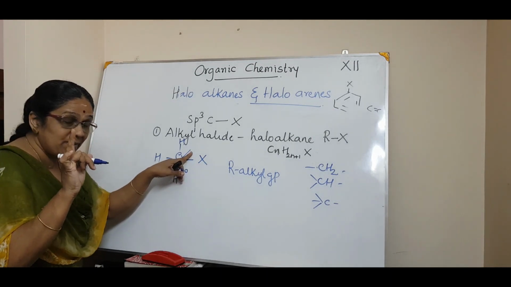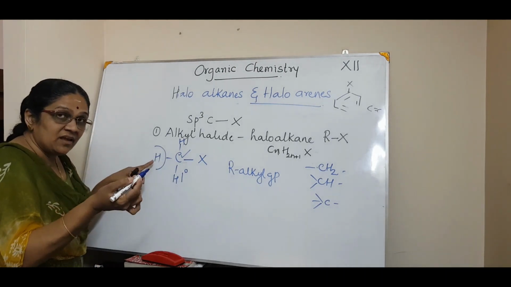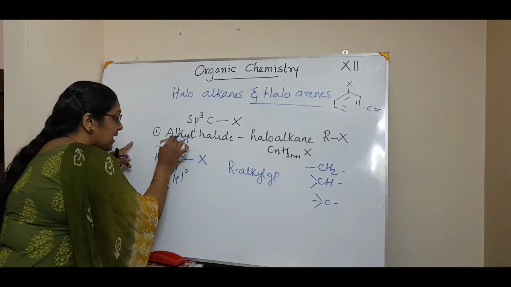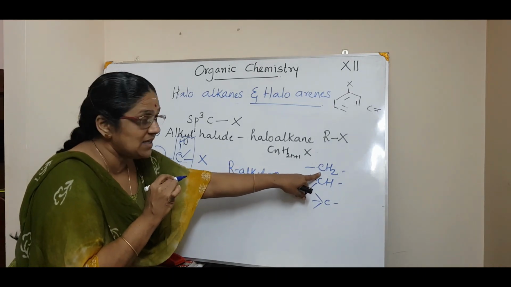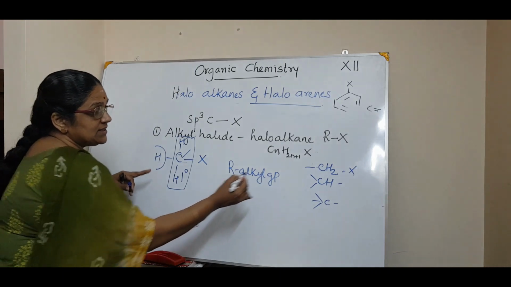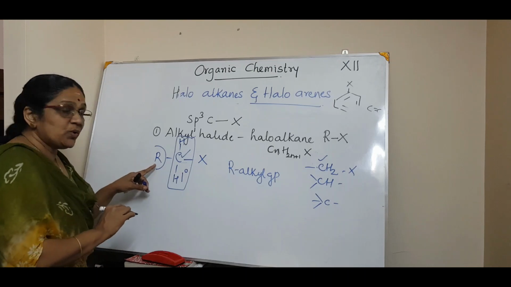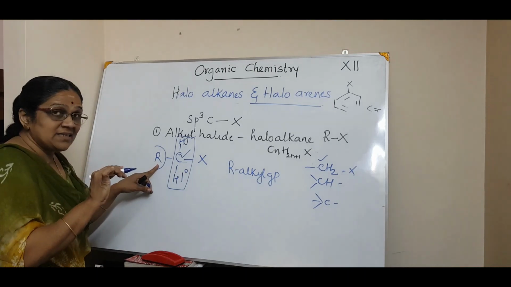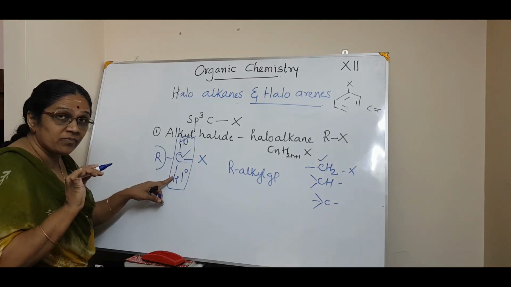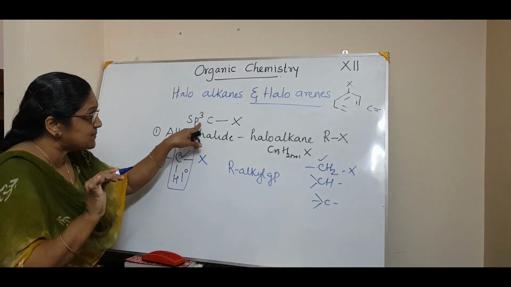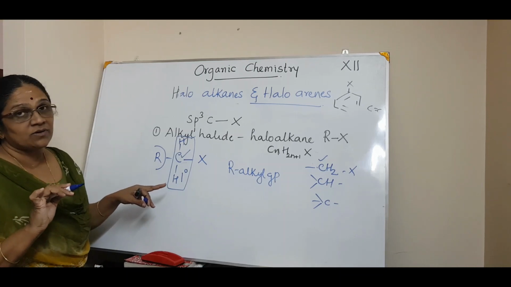Listen carefully. Why? Because this other group can be anything. I mean, this H can be R or H, anything. Never mind. But you see what is a primary carbon atom? It contains a CH2 group. That is why I wrote it like that. CH2X. So this is a primary carbon atom. You can have R also. R is any alkyl group. In the textbook it is R. That's why I said R. H can also be right because it should contain a CH2 group. And keep in mind, since it is an sp3 hybridized carbon, all the valencies are satisfied by single bonds.